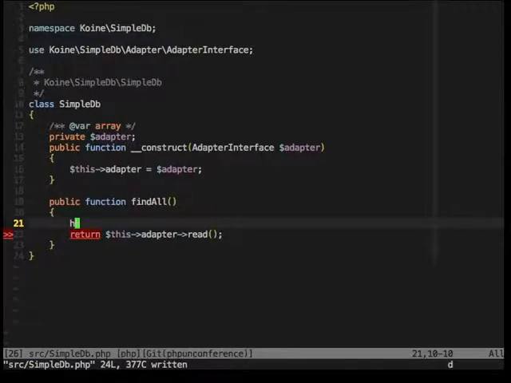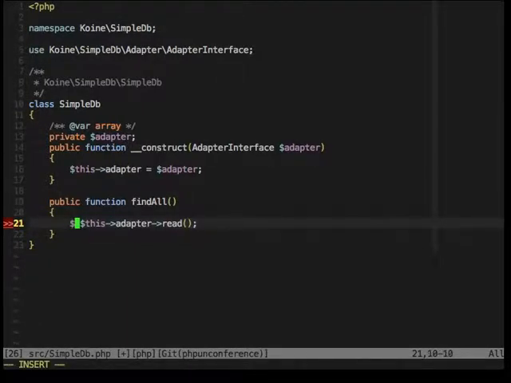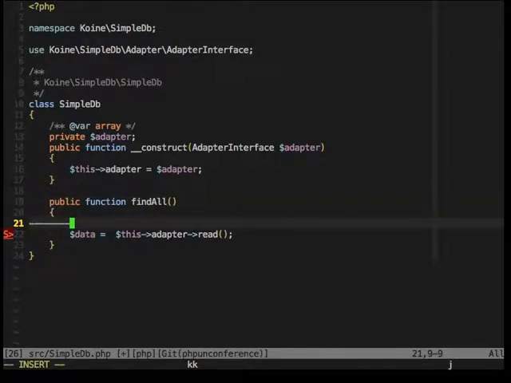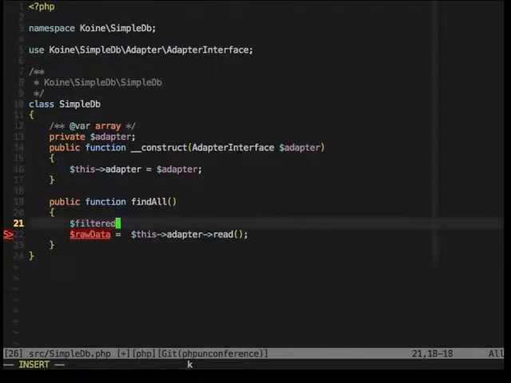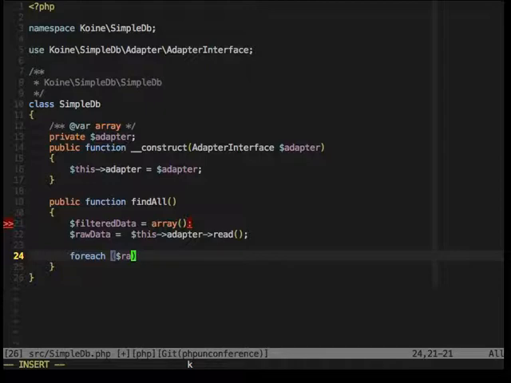So now here we have data, and let's see, raw data, filtered data. So for each raw data as record,